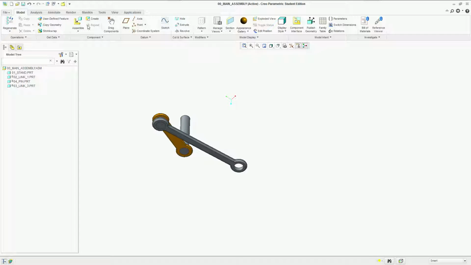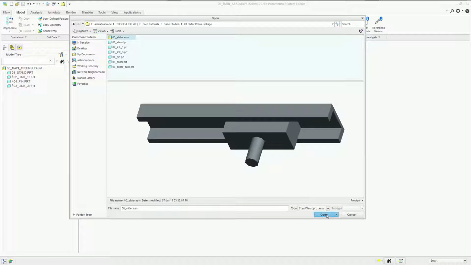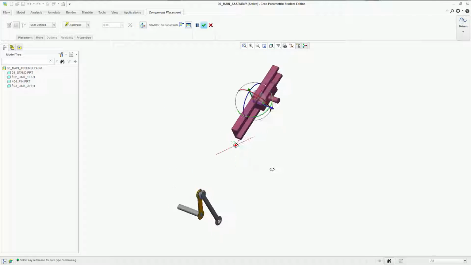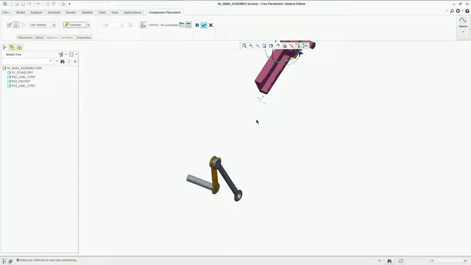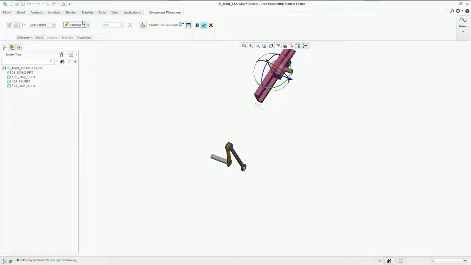Now I'm gonna bring in the sub-assembly that we made. I'm gonna say bring in the slider sub-assembly, and then I'm gonna place it using the distance constraint. Now here is where you use the physical location constraints right here. Remember from the previous videos, this is the behavior constraints, and these are the physical location constraints. And if I'm trying to place a sub-assembly, I'm only going to be using these physical location constraints. I'm not going to try to use any of this, unless it applies, then definitely go ahead and use it. But right now I'm just trying to place it a certain distance away